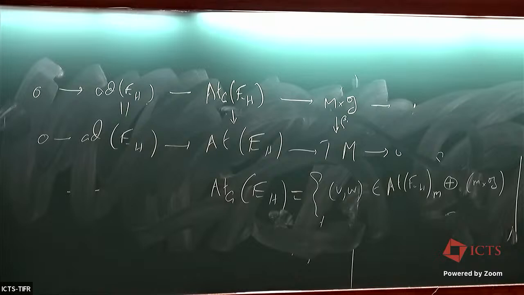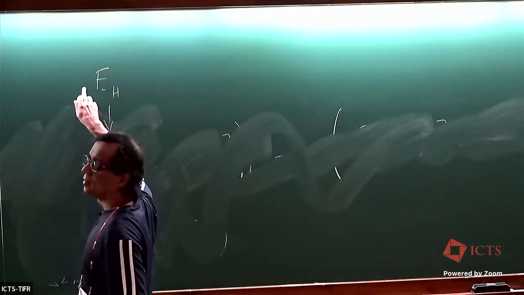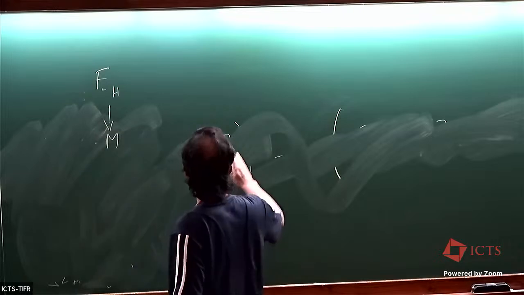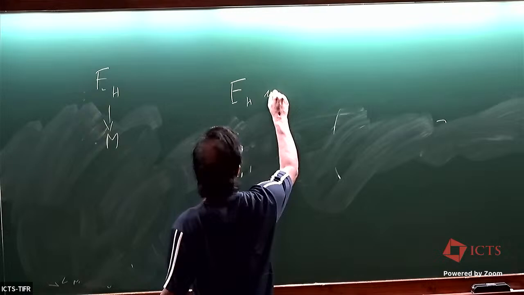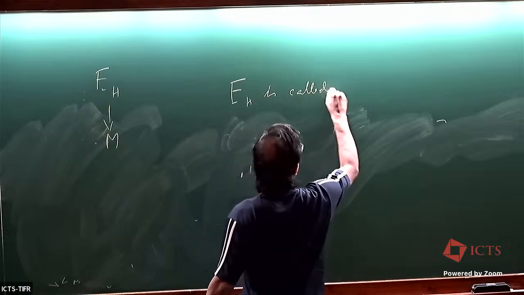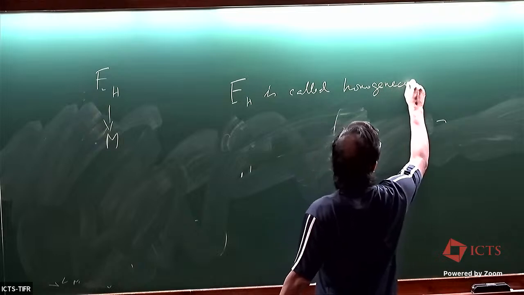So, the criteria for a bundle to be homogeneous. Recall that E_H is a bundle on M, and G is acting on M. Definition: E_H is called homogeneous if